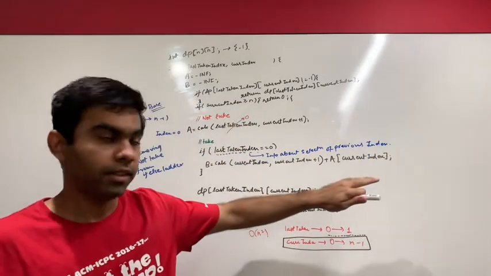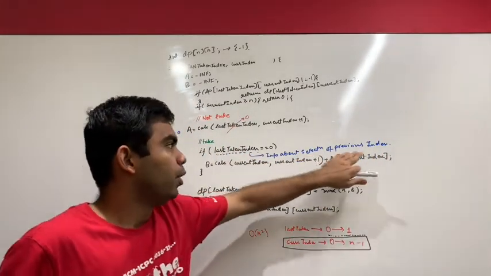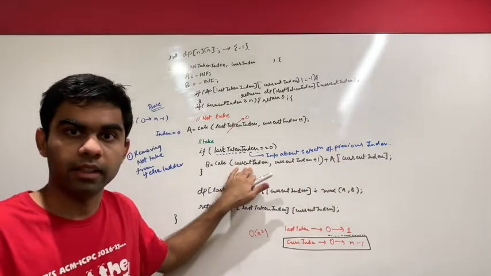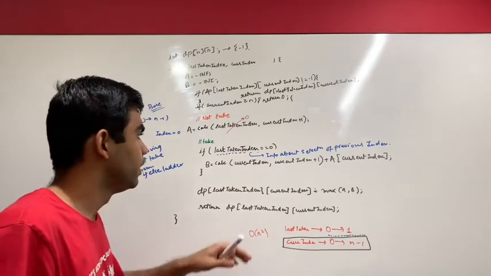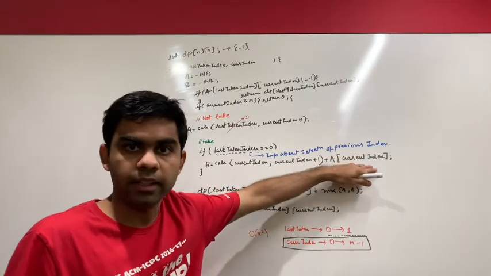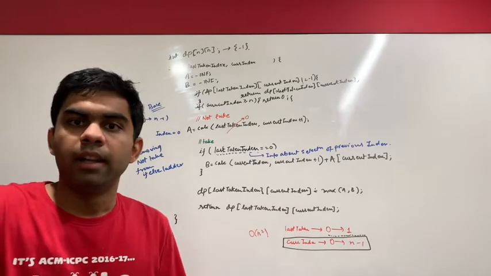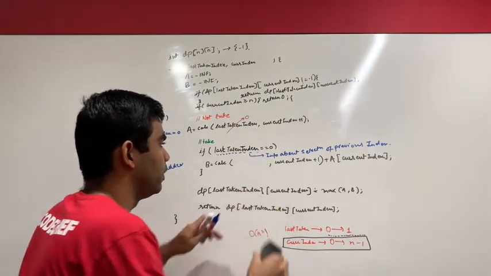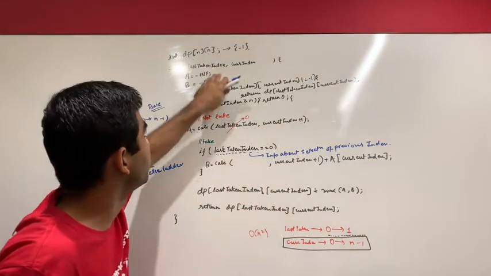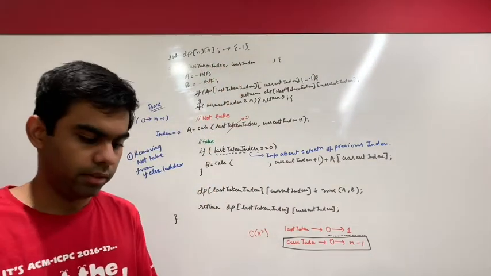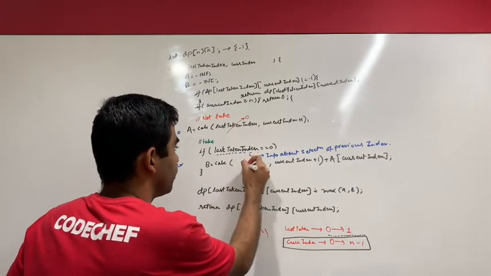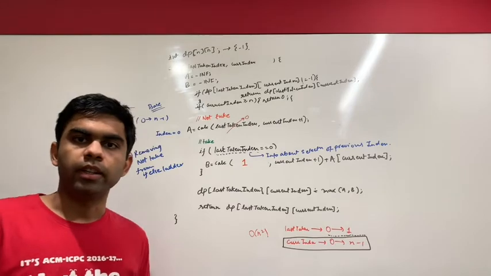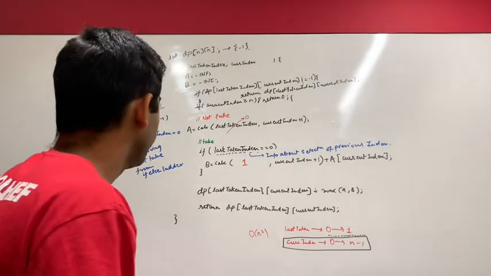So the condition says if I am not selecting my previous index, then I'll select the current index, the value at the current index. So I have taken the value at the current index and I'll pass the value of last taken index, which I have to pass in my recursive call, as 1. So I'll try to explain it to you again what I have done.